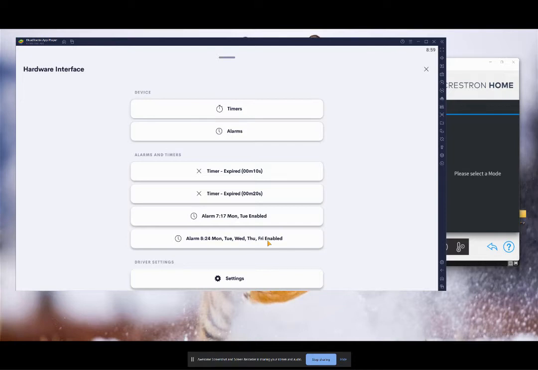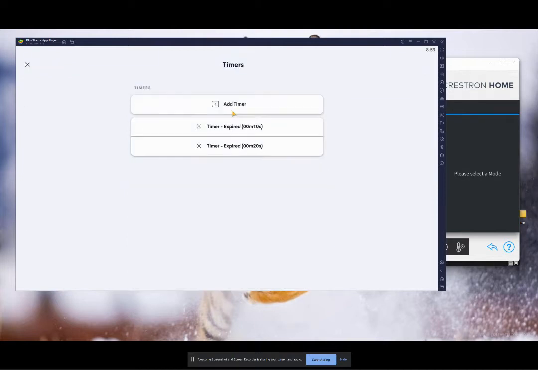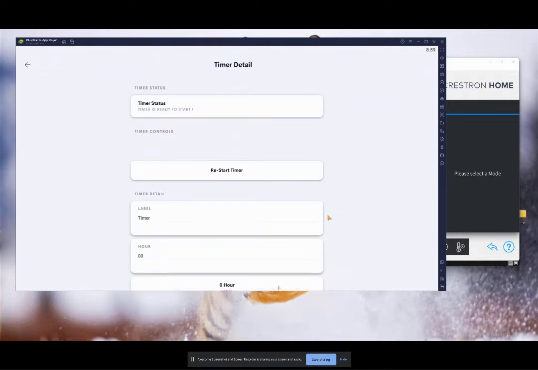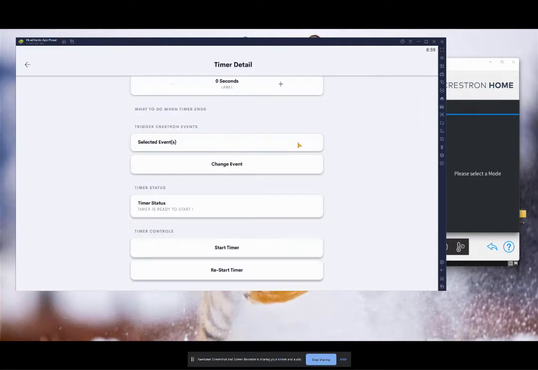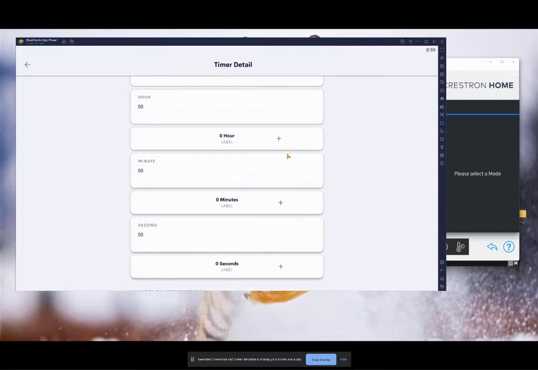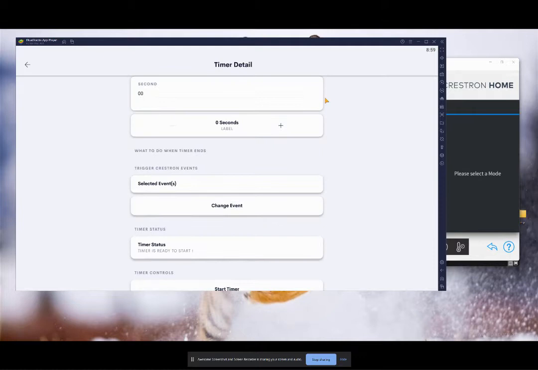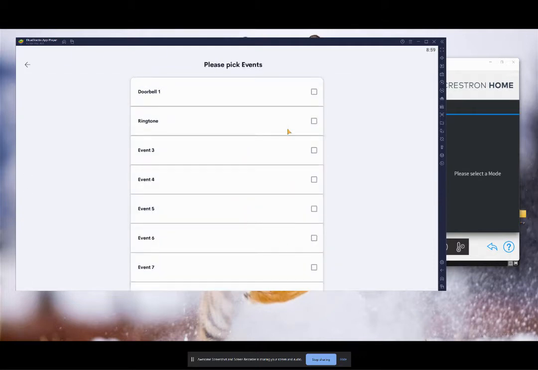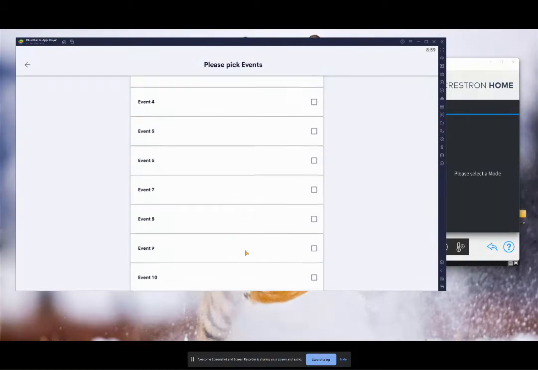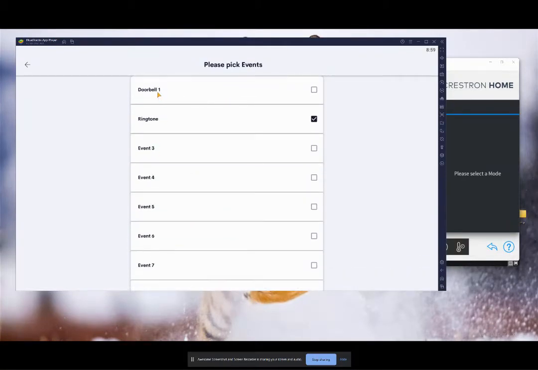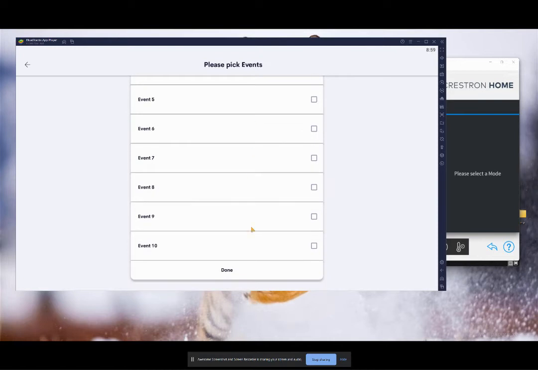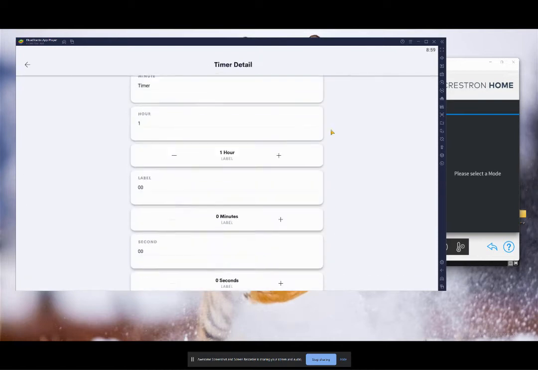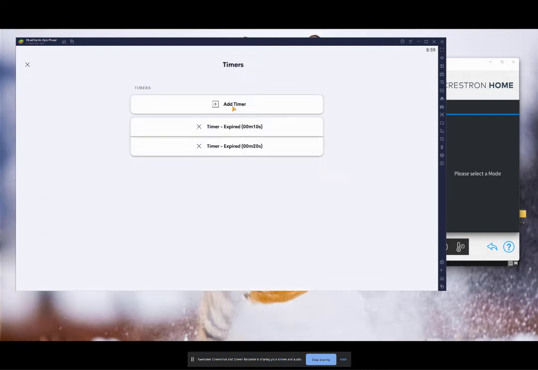So as a user, if I want to add a timer and I want that timer to go off in 60 minutes, 1 hour, and I want that timer to play a ringtone, a sound within my system, I'm going to simply go into my events and select the event that I want to happen when that timer expires. Okay, the user can then start the timer, and that timer is going to run and it's going to trigger